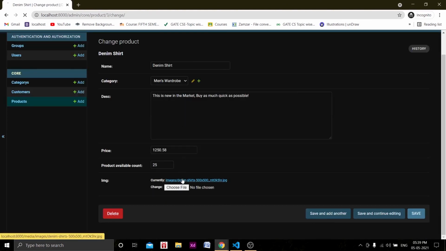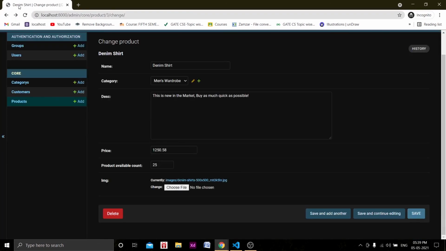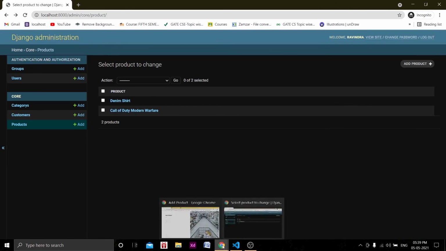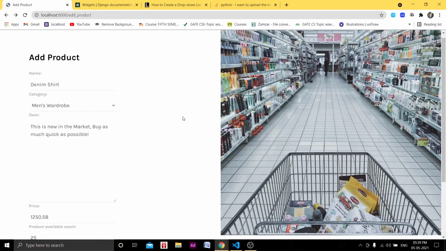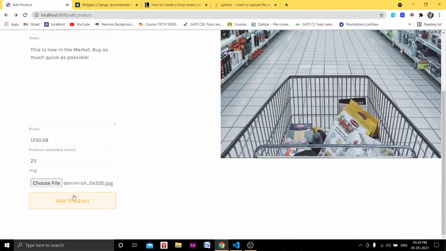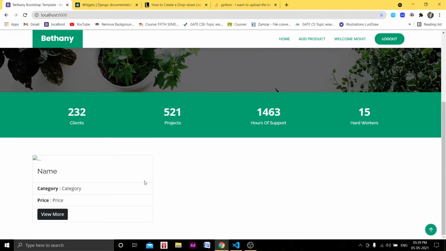When we click on this, it will not appear. I will show you how to show this type of thing in the next video, but I think we have solved the issue. We have added the add product HTML page and done our work with the products page. In the next video, we will see how to loop through all the products in the database and display them in the HTML page.